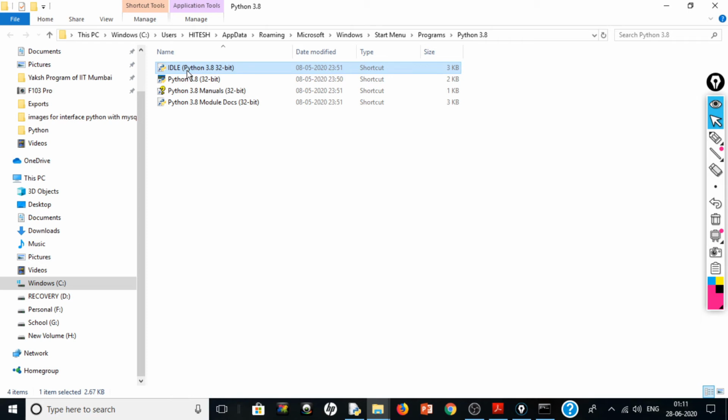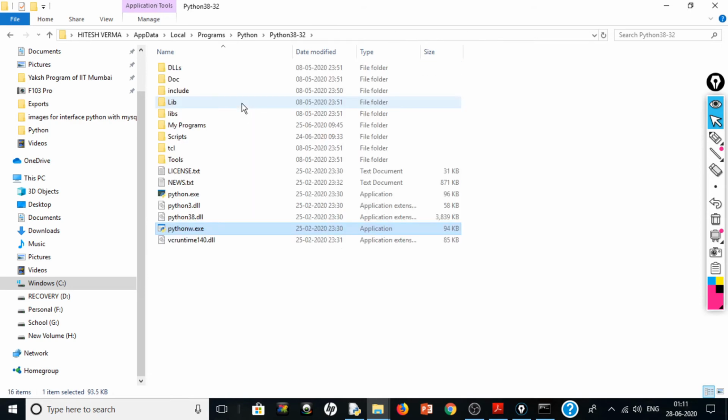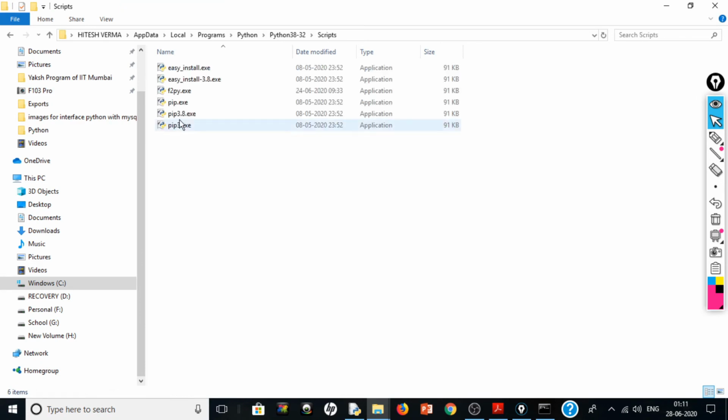So again on this shortcut, I will right click and say open file location. Now we can see we are at the file location pythonw.exe, and here we find the Scripts folder. In the Scripts folder we have the pip command. So this is the path of your pip.exe file. We will have to go to this folder.